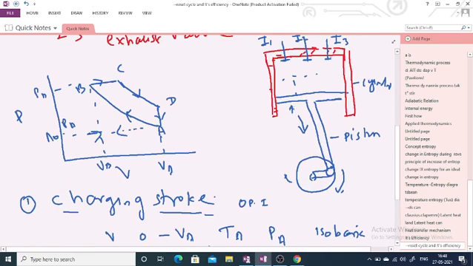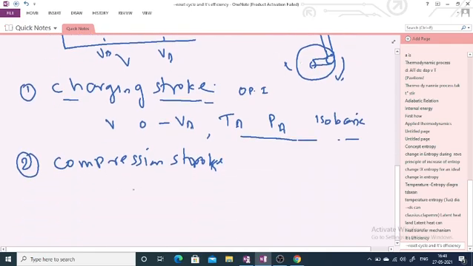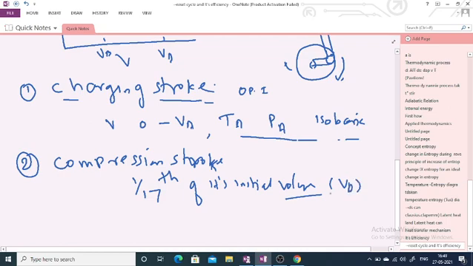Now this is the adiabatic valve. So compression of the air inside the cylinder takes place. This compression is done adiabatically, and the volume of the cylinder decreases to 1/17th of its initial value. You should remember this quantity. In the Otto engine, it is 1/8.